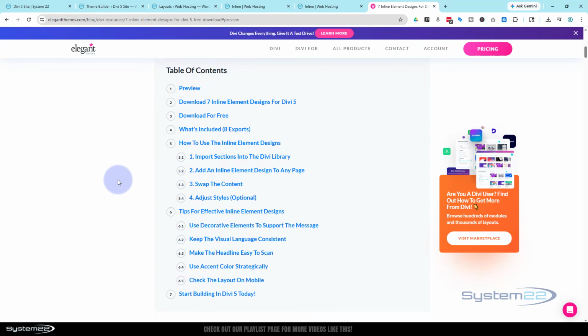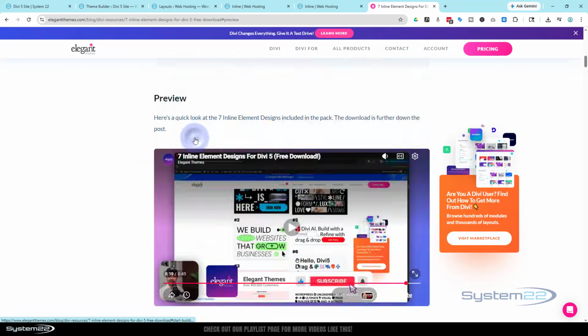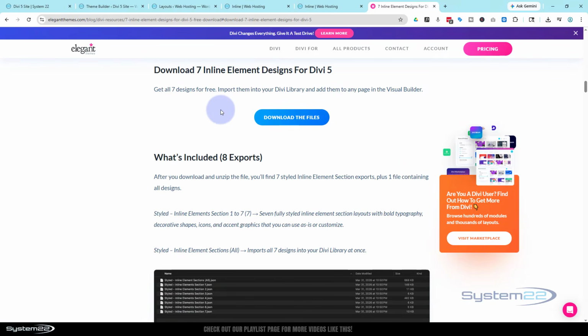Now if you want to download, hit the download 7 inline elements. It'll take you down here. You may have a little box here that wants you to put in an email. I'm already signed in. And they don't spam you or anything. Once you put your email in, you'll see this little button here. Just left click on it. It'll download the files to your default location. Once downloaded,